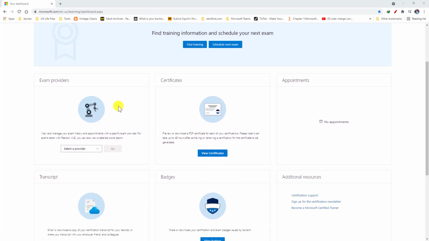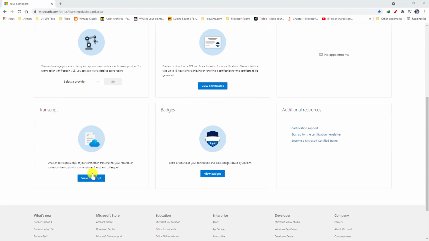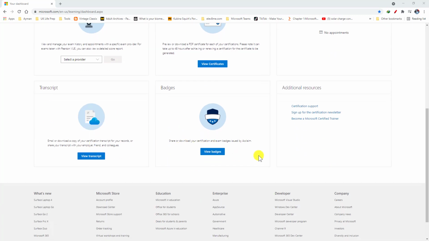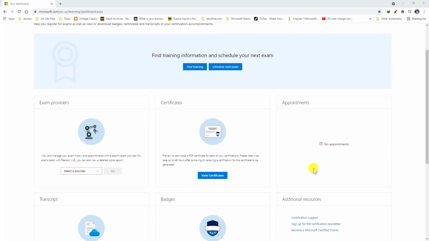Whenever you finish your exam, you're gonna find any type of exam provider. If you earn any certification, you're gonna find it here. Your transcript will be here, your badge. So anytime you log in to your dashboard, you're gonna have the option to download such type of information. But the part which you are concerned about is the appointment part, because you're gonna find the appointment here